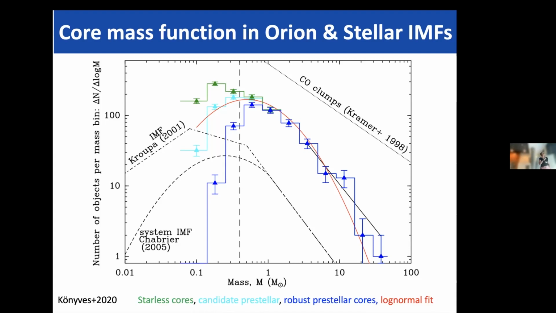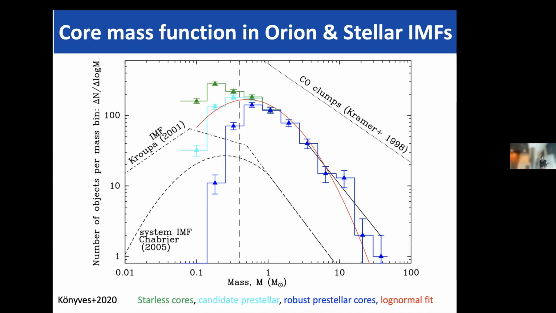So there's some assumption here and here. In any case, you see that the peak of these distributions is around 0.1 solar masses or so, slightly lower than that, maybe. For Kroupa, it's like 0.08 or so. So this number we need later on. That's why I'm pointing it out. Okay, so if we just look at this again, we see that the CMF kind of resembles the IMF, right? I mean, at least you can fit both of them with a log normal to some extent. And this, of course, raised the notion that,